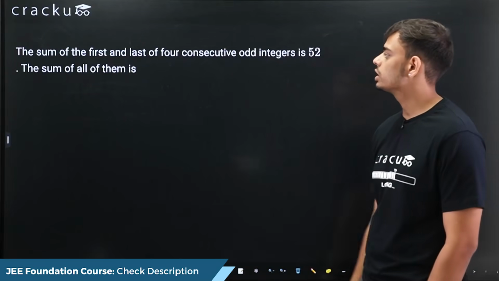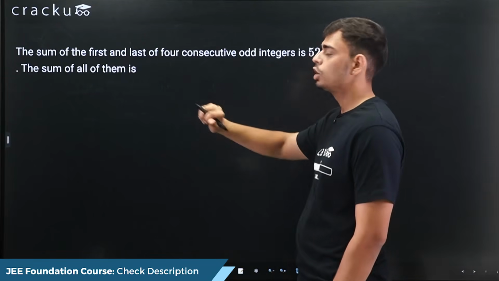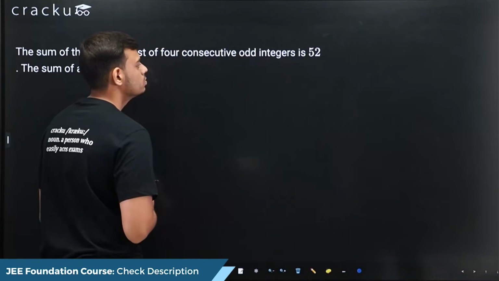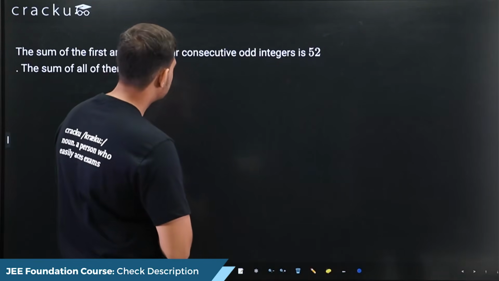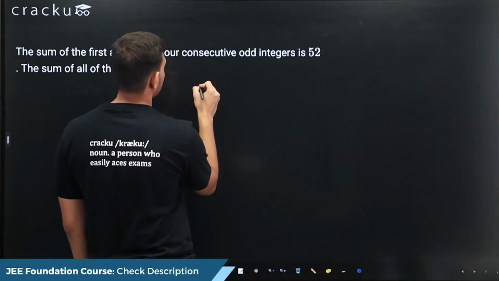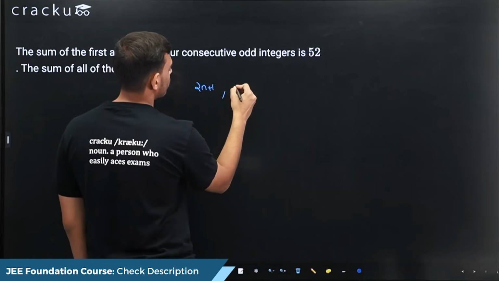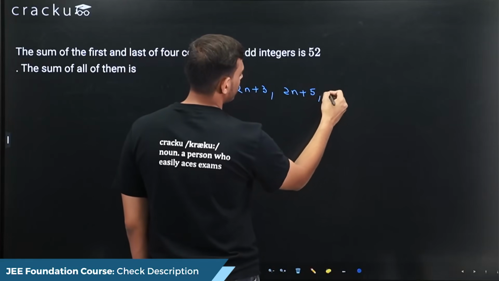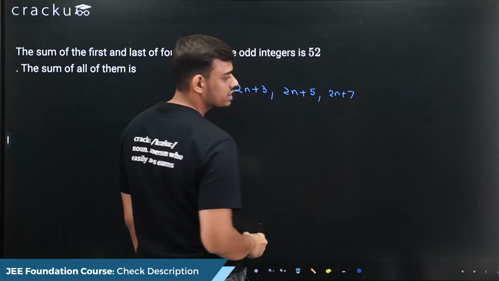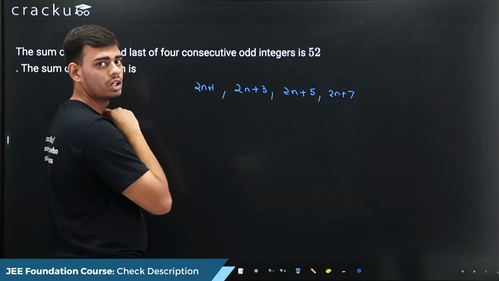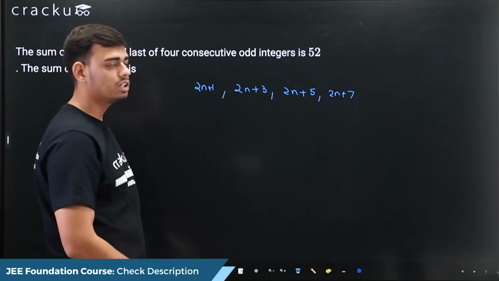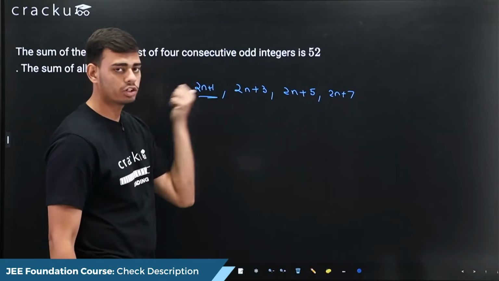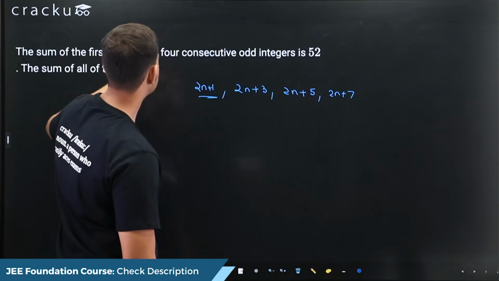In this question, we are given the sum of the first and last of 4 consecutive odd integers. Let us assume the odd integers to be 2n plus 1, 2n plus 3, 2n plus 5, and 2n plus 7. Why did I take this form? Because 2n will definitely be even, and adding an odd number to an even number definitely gives us an odd number. These are 4 consecutive odd numbers. The sum of first and last